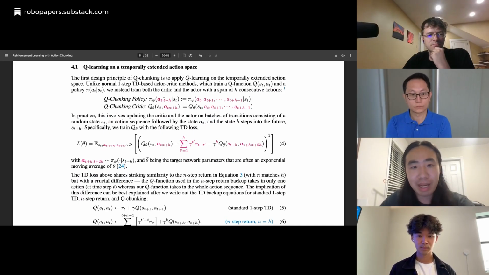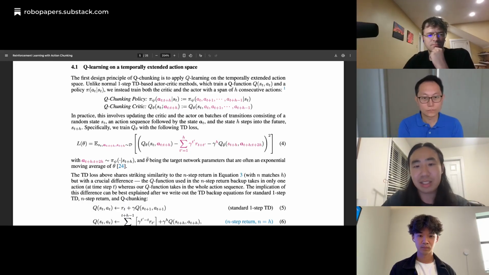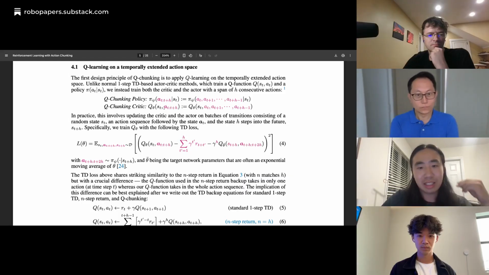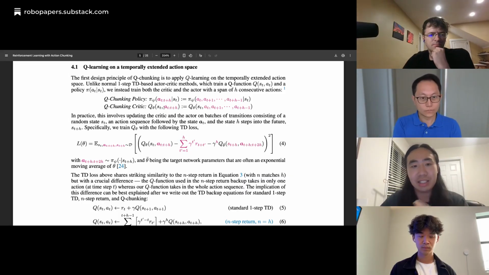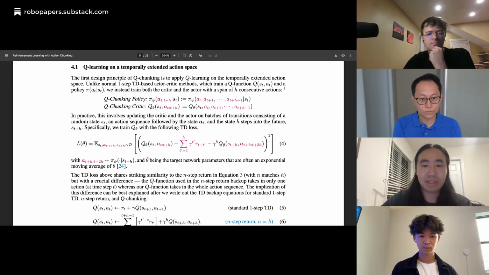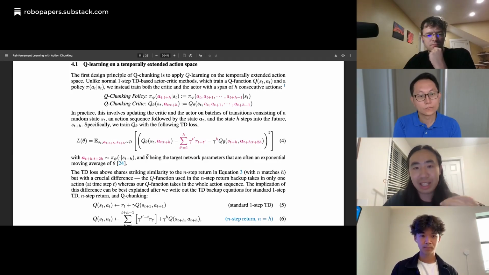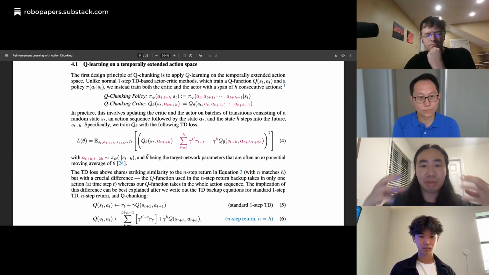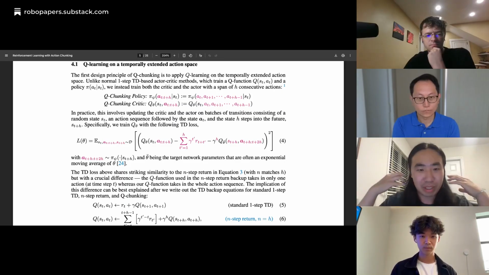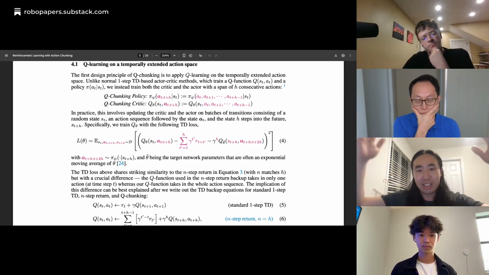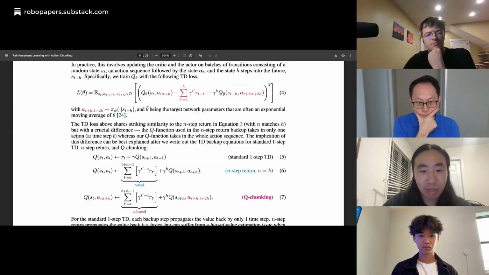So more mathematically, it just means the policy takes in the action horizon, a_t to a_t+h, as its action, and our critic is the same thing. We take the current state and the actions in the next several steps. And we can do RL in exactly the same fashion, because we can literally say, look, we just ran the RL, but just on this temporally extended space. So we actually did that.